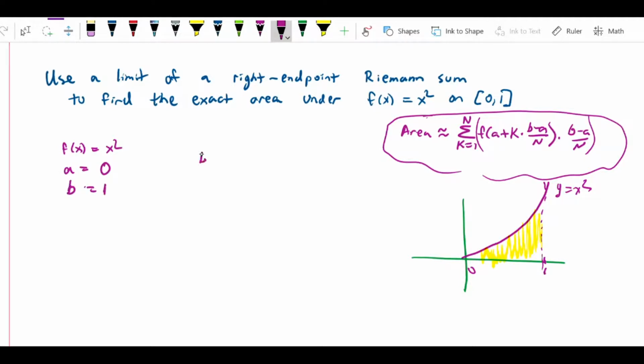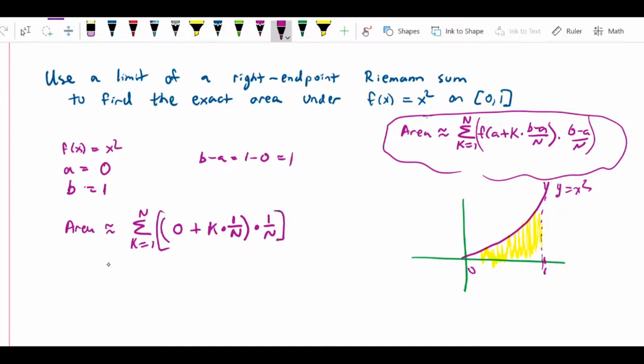We therefore see that b minus a is equal to 1 minus 0, or 1, because we're going to need that in order to apply the formula. So we can see that the area is approximately equal to the sum from k equals 1 to n of 0 plus k times 1 over n, times 1 over n, which I can rewrite as